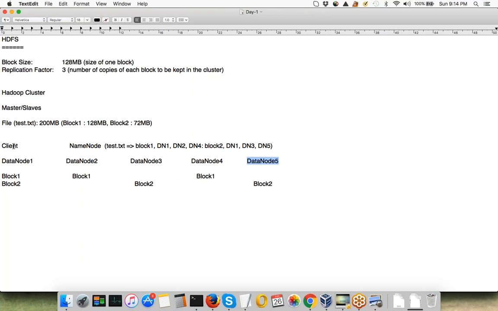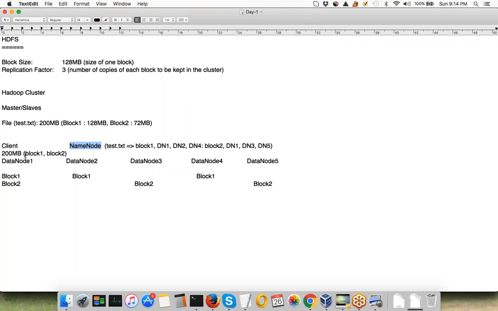Then the client will directly transfer the data to those particular data nodes. So what will happen is, the client just knows that it has a file of 200 megabytes which is of two blocks, block 1 and block 2, right? So it got the location of data nodes from the name node.